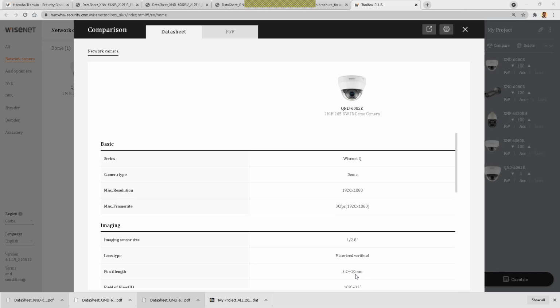What is the lens? 3.2 to 10 mm. Right. So this is how you understand your camera. This is a standard camera. Anything up to 10 mm, 12 mm are standard lens. Okay. Next, we also talked about